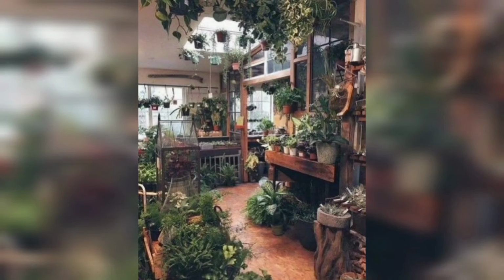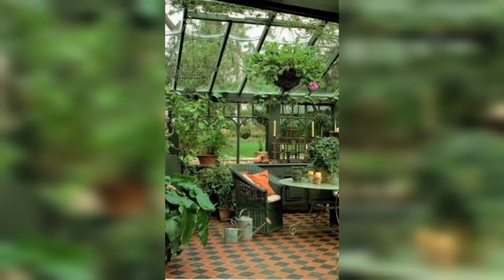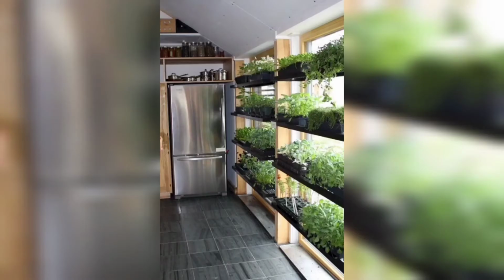To ensure optimal growth, indoor plants require regular feeding. Select a balanced water soluble fertilizer designed specifically for indoor plants. Follow the package directions for the recommended dose and frequently fertilize your plants every 2 to 4 weeks during the growing season. Reduce fertilization to once a month or stop completely